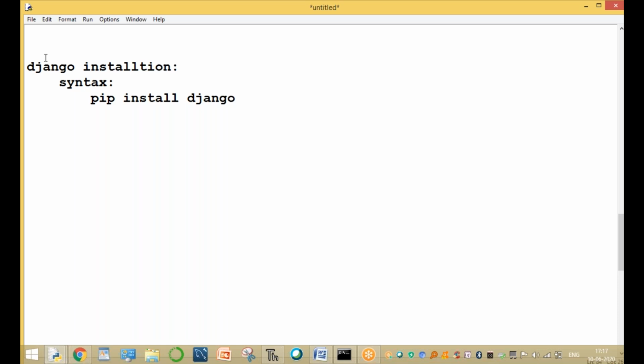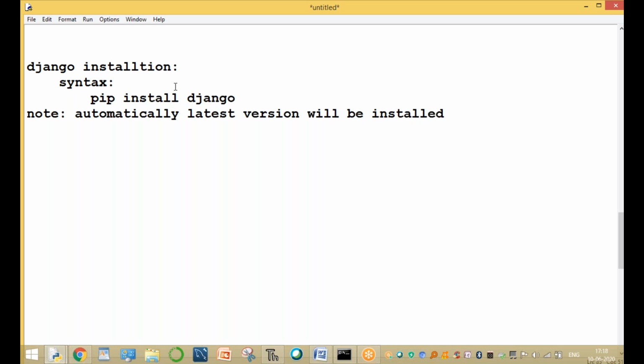Automatically, the latest version will be installed without specifying anything. The latest Django version will be installed. That is the main point.